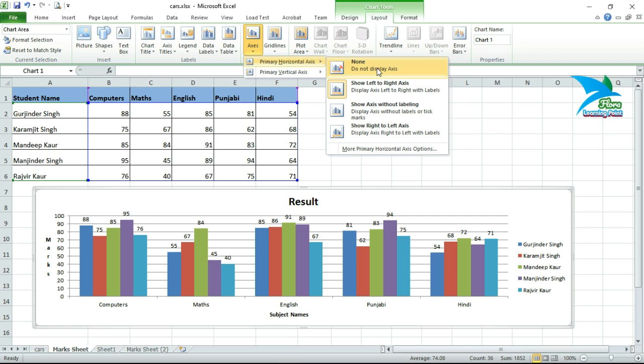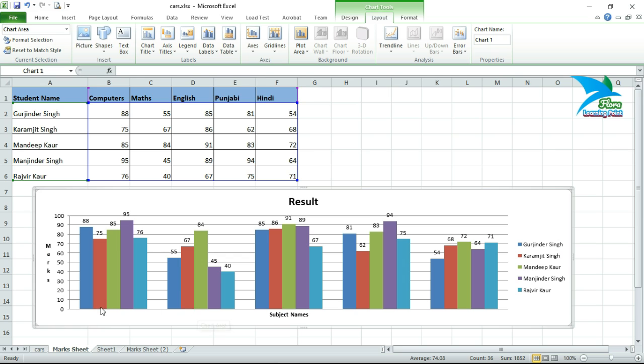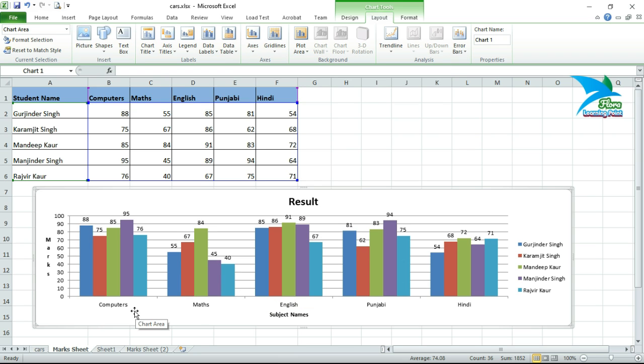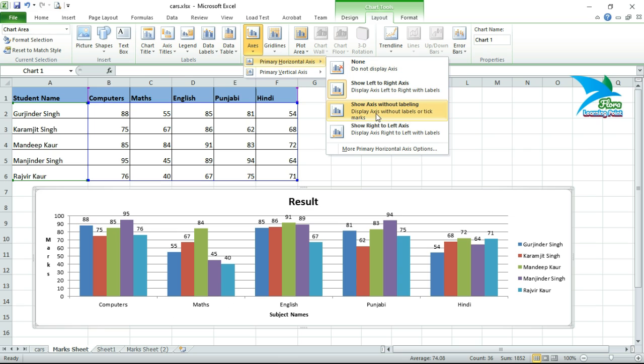So let's start with the horizontal axis. When you click primary horizontal axis, here are the various options to display that axis. If you choose none, then nothing will be visible on this horizontal axis, that is the x-axis. When you click show left to right axis, then it will show the values also.